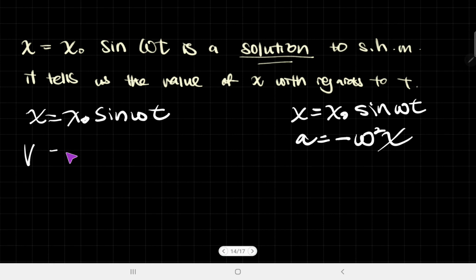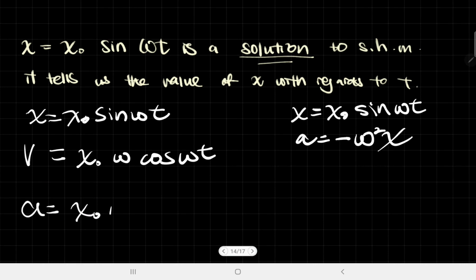We're going to get velocity, right? That's going to give us x0 omega cosine omega t. Let's differentiate this twice. We're going to get x0 omega squared and then negative sine omega t, in which case we will get negative omega squared